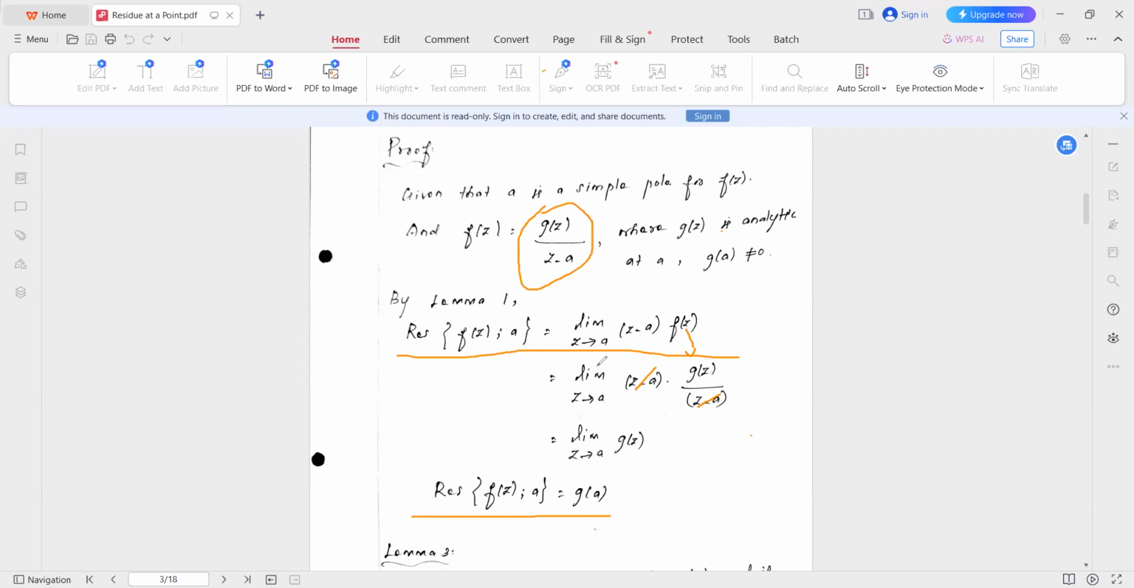If a is a simple pole for f of z, then the residue of the function f of z at the point z equal to a is limit z tends to a of z minus a into f of z. And the second formula is, if f of z is of the form g of z by z minus a, where g of z is analytic at a and g of a not equal to 0, then the residue of f of z at the point a is equal to g of a. The third formula is,